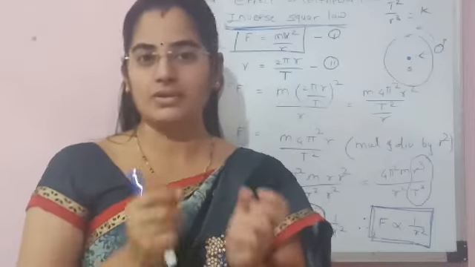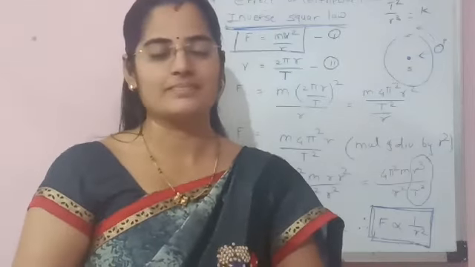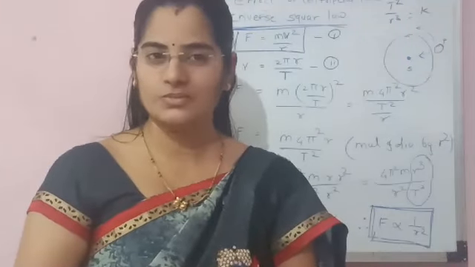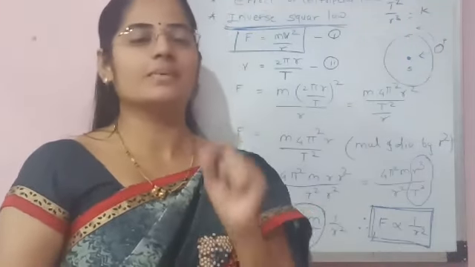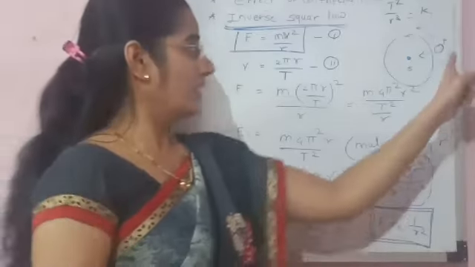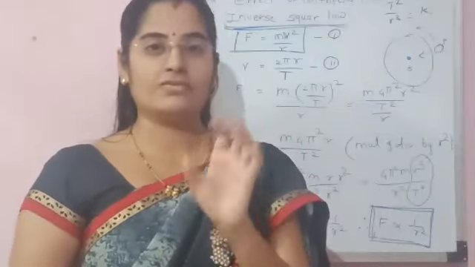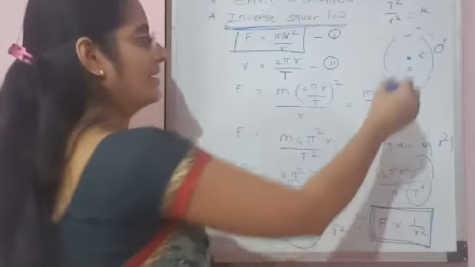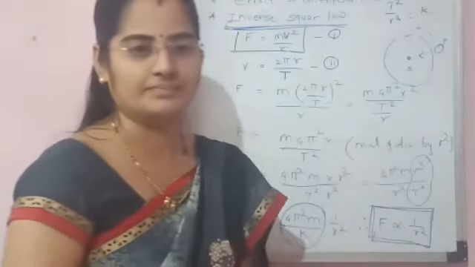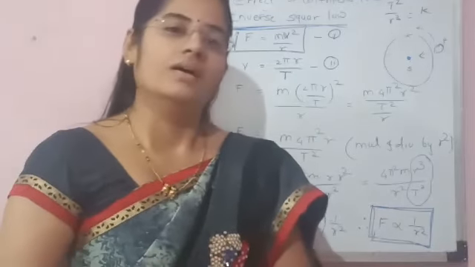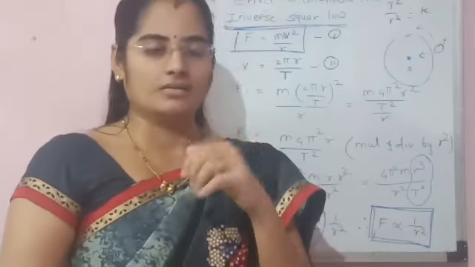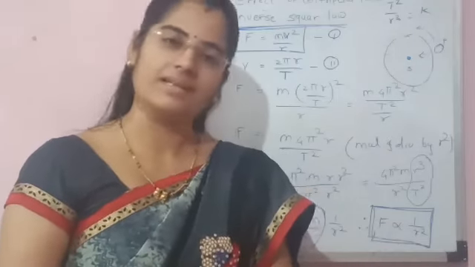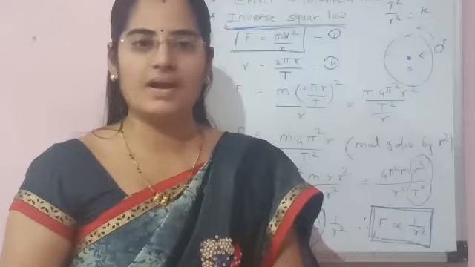We already studied this in our previous lecture. When an object is moving along a circle, which force acts on that object? Yes, the centripetal force acts on that object. Here, on this planet, the centripetal force must act. What is the direction of the centripetal force? Towards the center of the sun. Then here we derive the formula of the inverse square law. Let's start the inverse square law of gravitation.